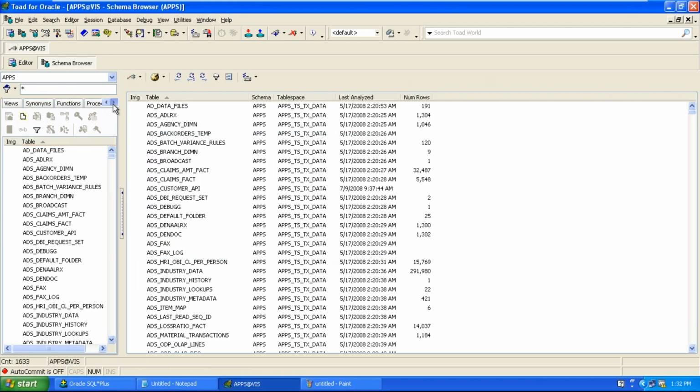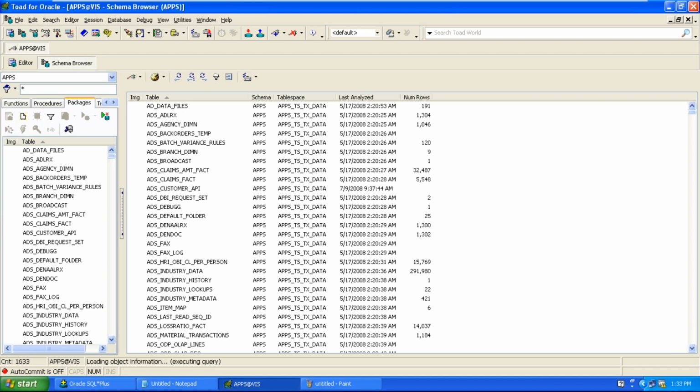Go to your required object. What do you want to look at? You want to look at packages. Tables, views, synonyms, functions, procedures, packages.